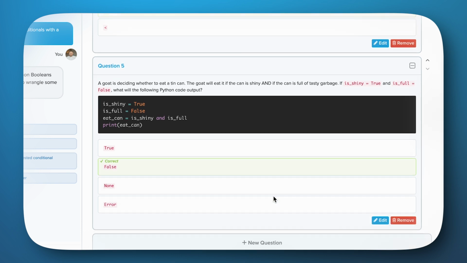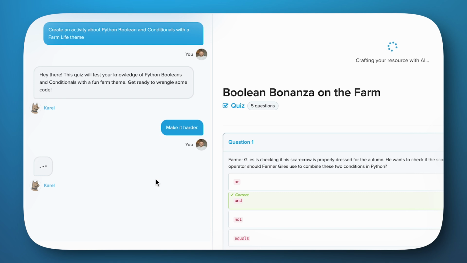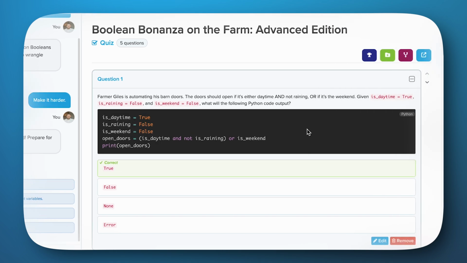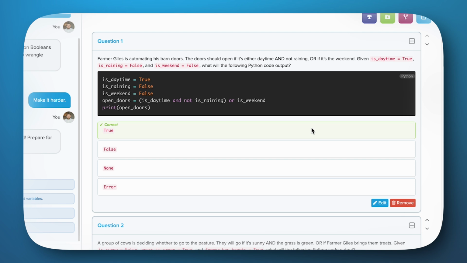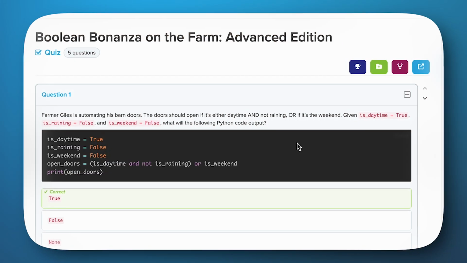Okay, I did notice that this quiz is a bit too easy for my students' level, so let's go ahead and make it a bit harder. There we go, this quiz is looking much better and is more aligned to the topics I've been covering with my students. Back at the top of the page, I have some options of what to do with this new